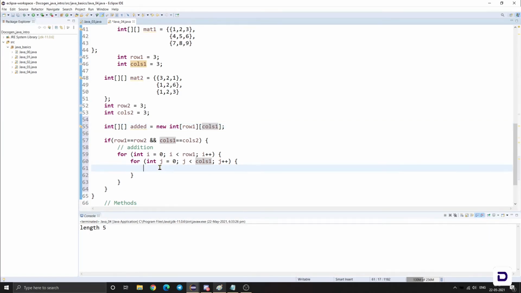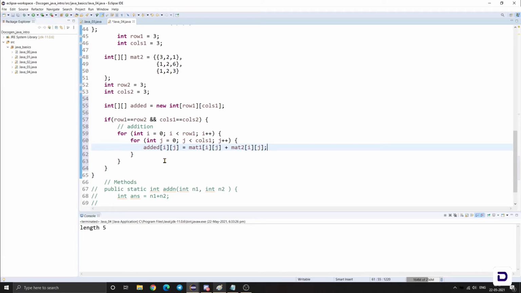So over here I'm gonna say added[i][j] equals matrix1[i][j] plus matrix2[i][j]. Okay,